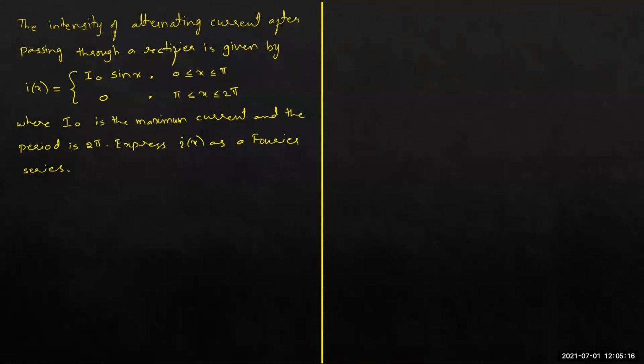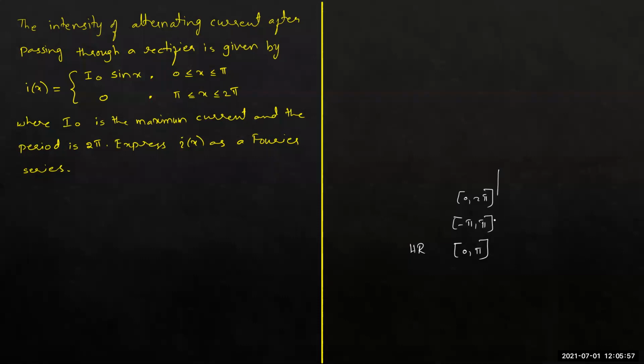Understand, when you are given a function of x, you need to identify first of all whether there is any break in the function, whether you are given a single function or with a break. And the second point, whether the given function is defined, if you recall, we have several possibilities. Like, you may be given a function in the interval 0, 2 pi. If not that, you may be given the function in this interval minus pi, pi. If not that, you may also be given the function in this interval 0, pi. In this case, when it is given in the interval only 0, pi, we find half range Fourier series.